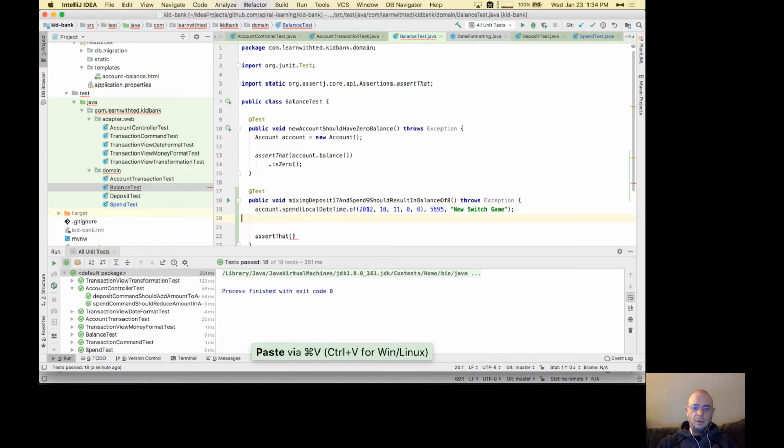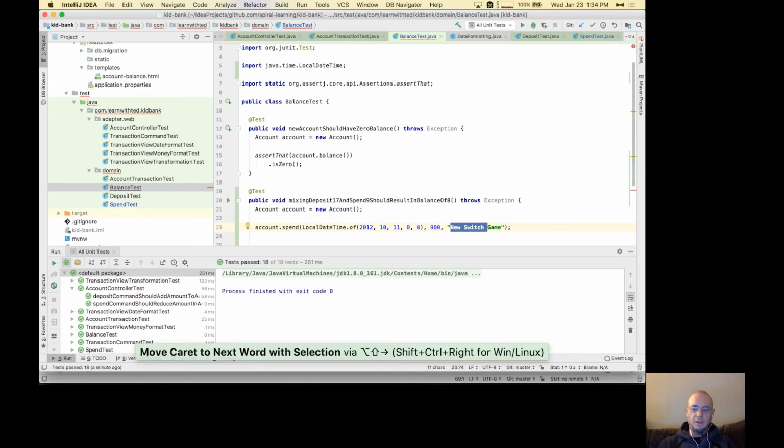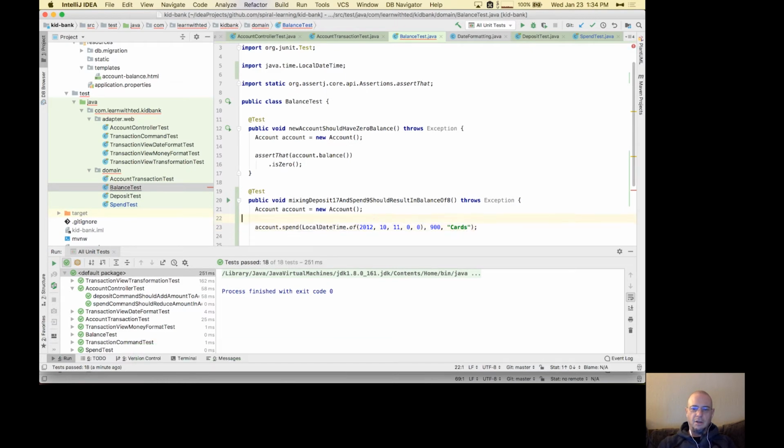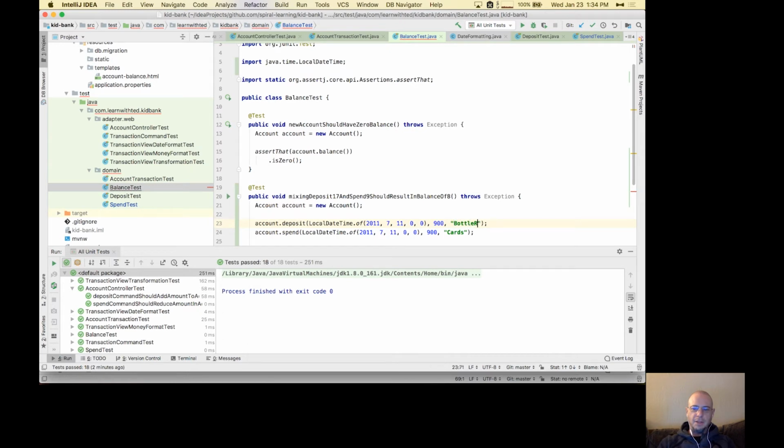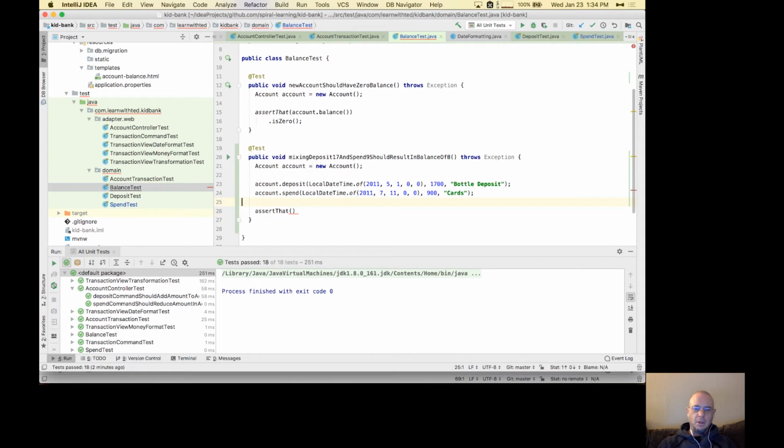So copy that over, copy account creation. So we're going to spend, we said 9, which is 900. Call that cards. Do a deposit. And I'll change this date again. And this is bottle deposit because my son likes to drop off the bottles to get his money because we go to the local recycler. And let's say this was somewhere in May 1st of that year. Okay, so we assert that account